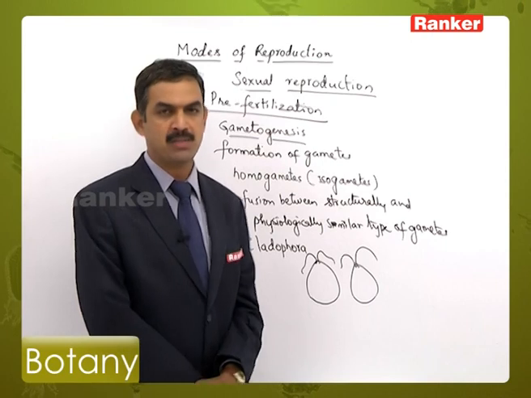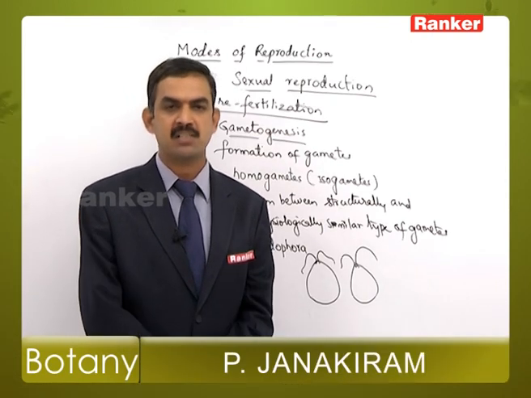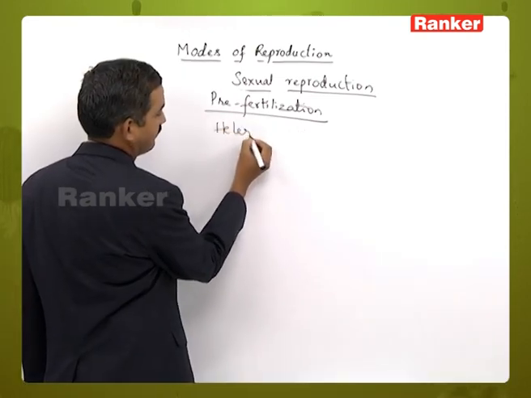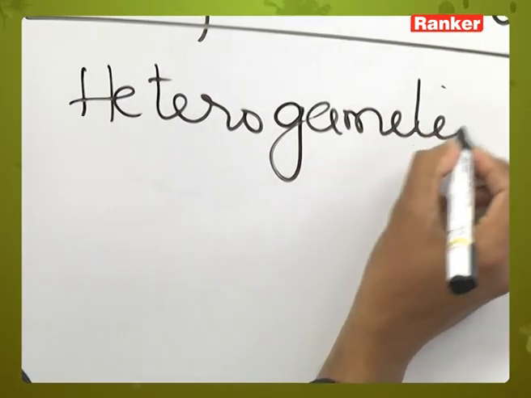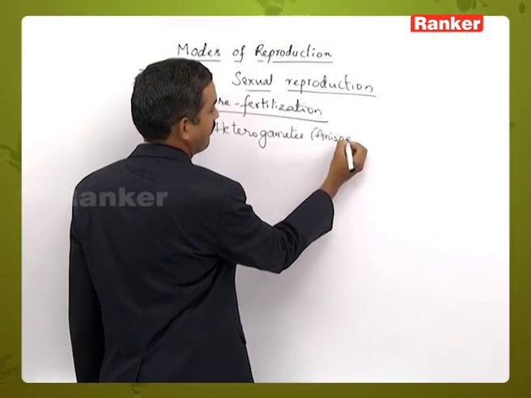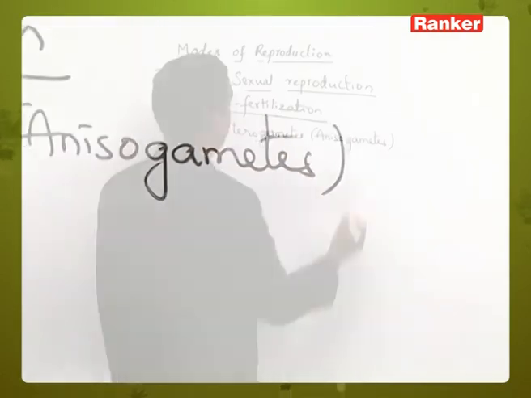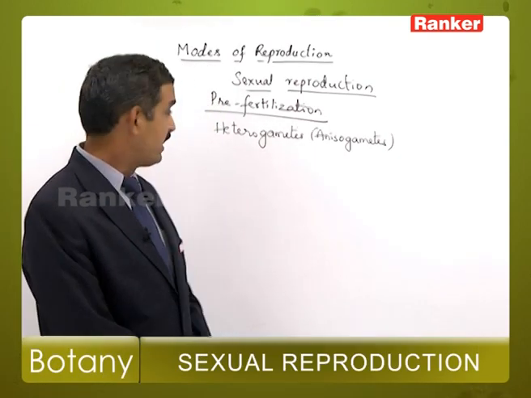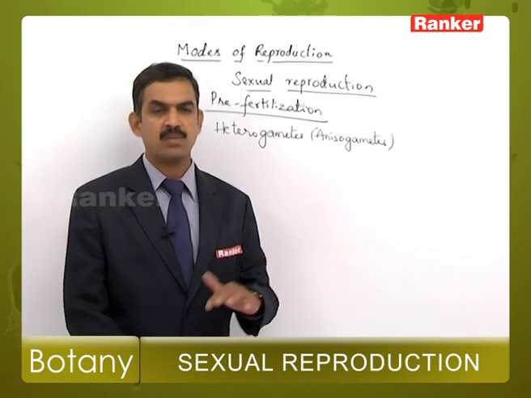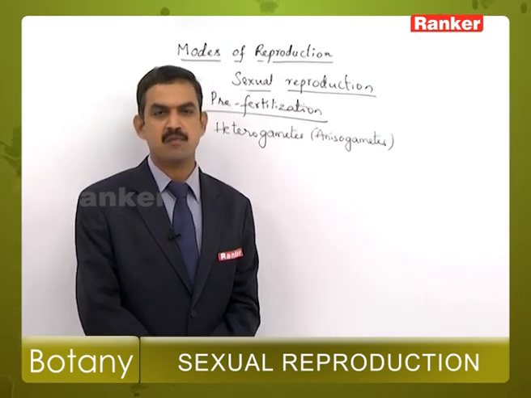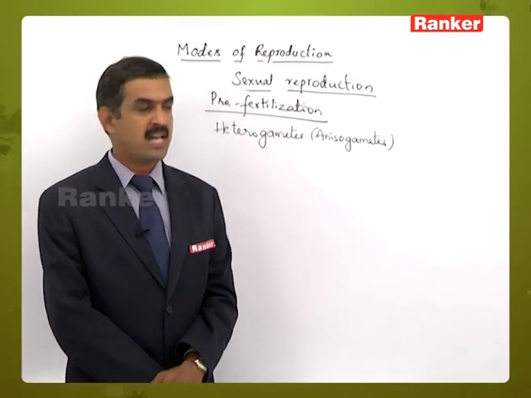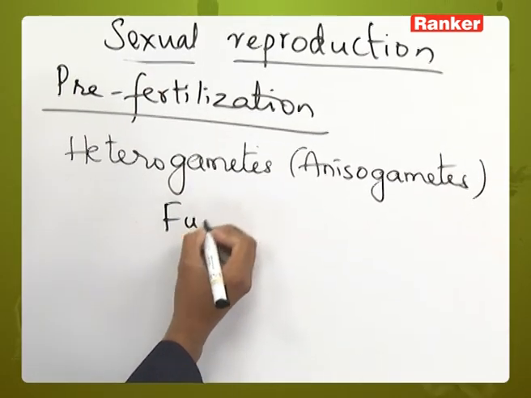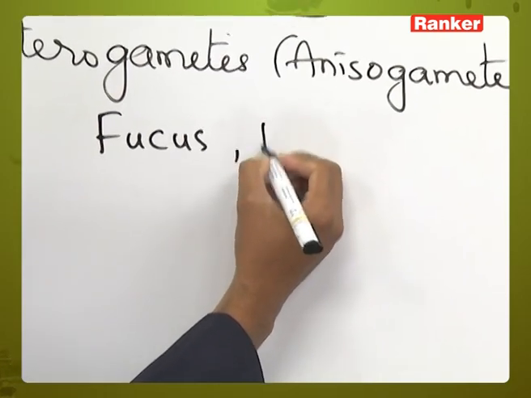So this condition is considered to be the primitive one when compared to the other type, which is called heterogametes or anisogametes. The gametes which are participating in the fusion are structurally different from each other. They may be structurally different, or sometimes structurally similar but functionally different from each other. Such type of gametes are called anisogametes. This type of character can be seen in some of the lower plants, like in Fucus, Pteris,